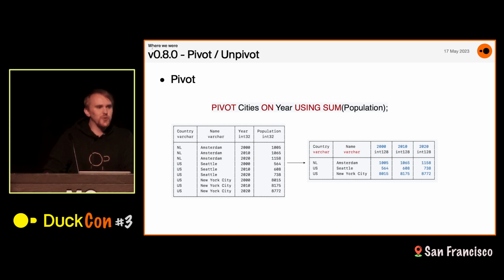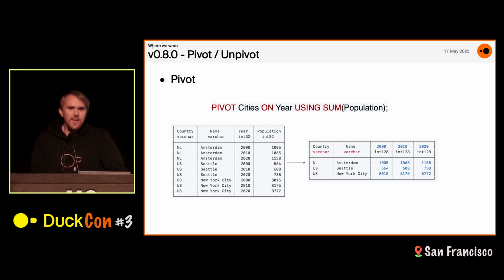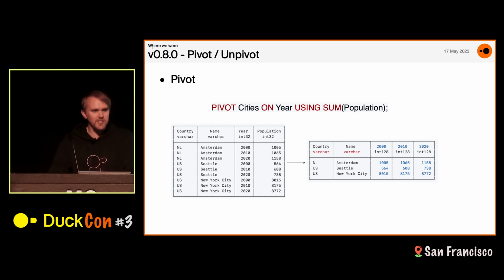The reason that's useful is that in practice, quite a lot of data sets encode information or data in their actual columns. It turns out that's not easy to work with in SQL because SQL is based, of course, on rows. Everything is centered around rows.